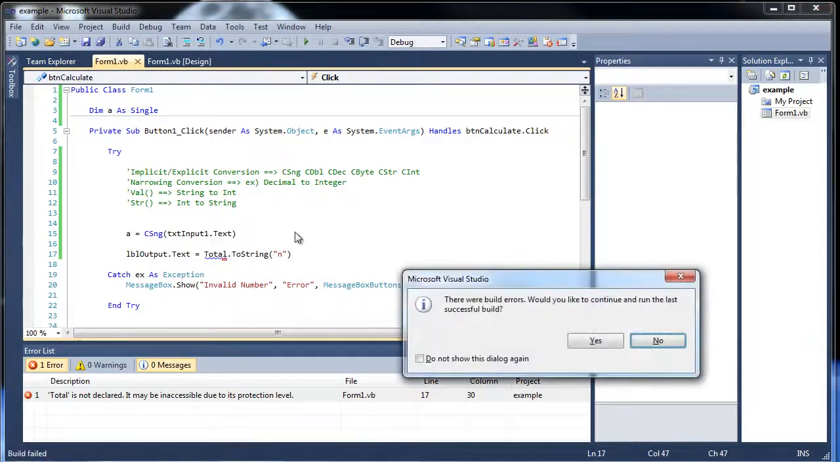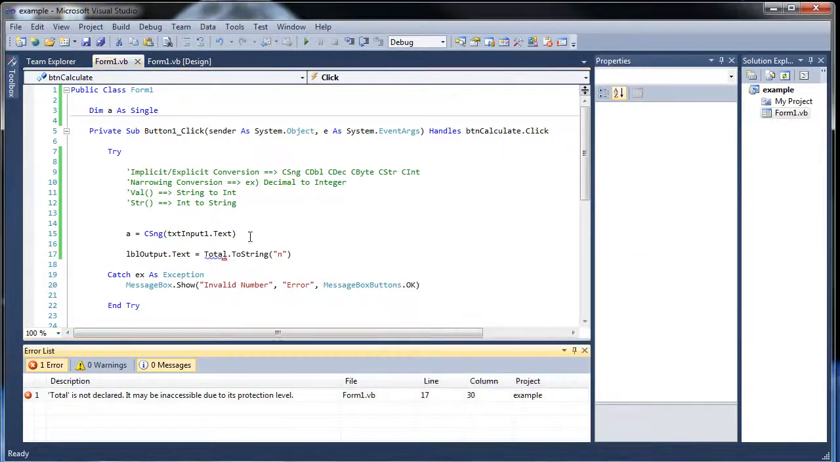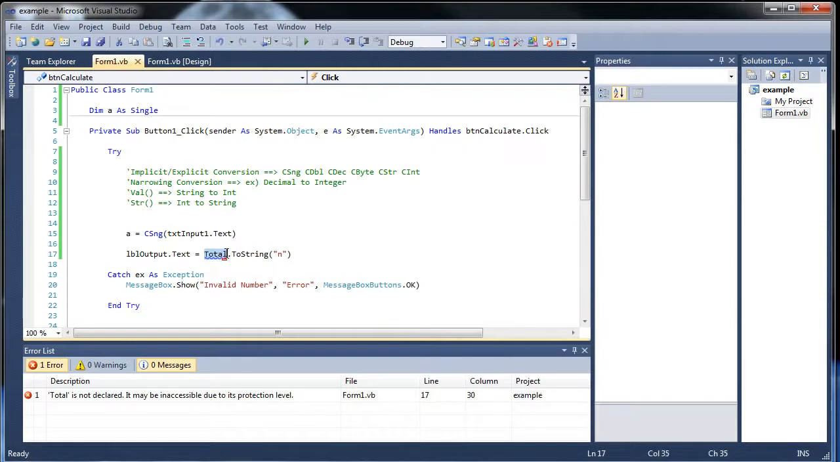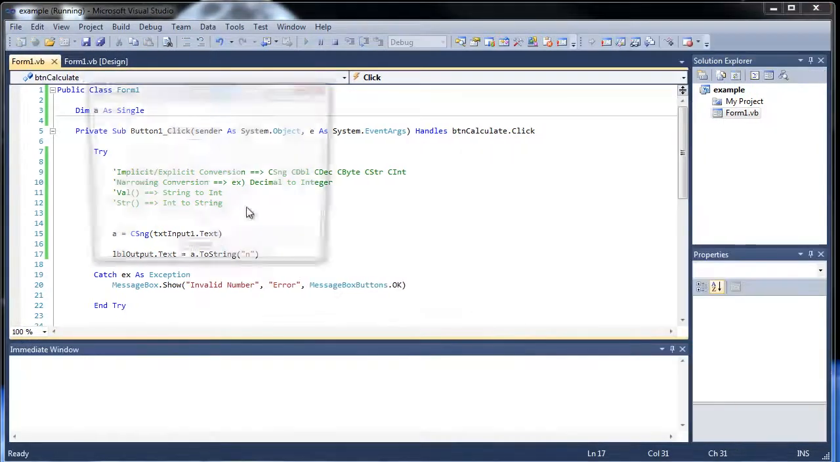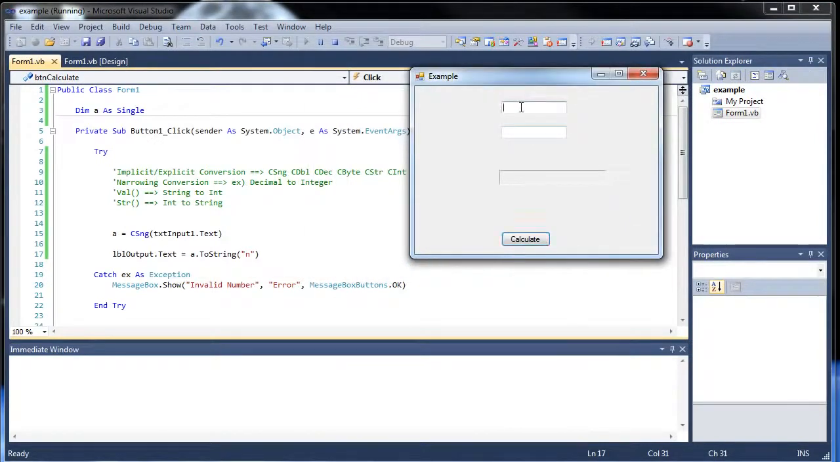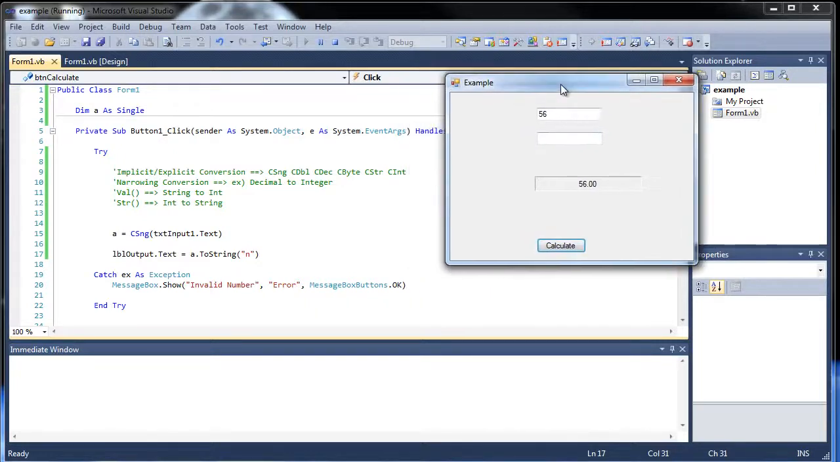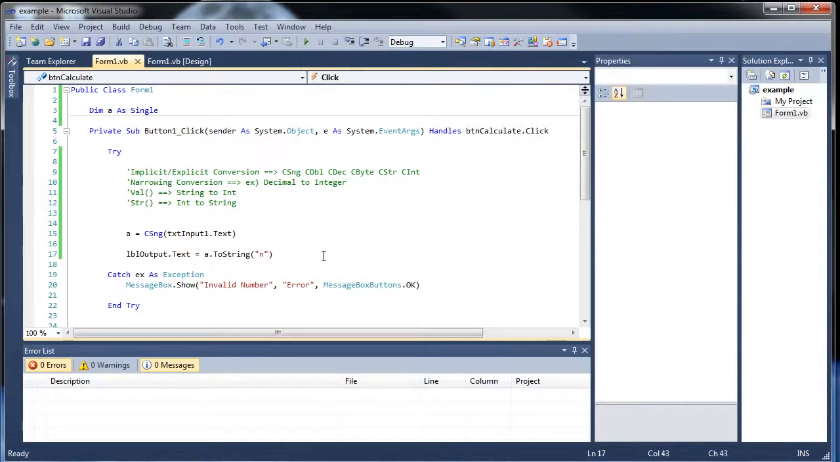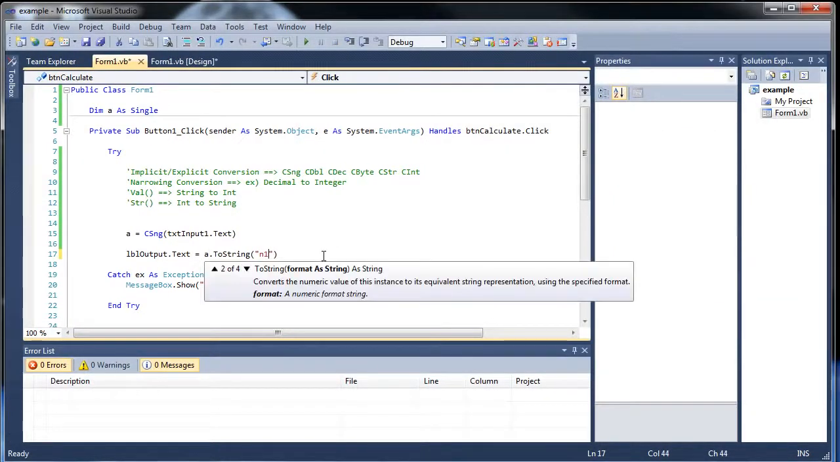So if you do this, whoops, total was not declared, my bad. Make that an A, and I'll type in something like 56, I click calculate, and I get 56.00. The reason for this is because the default number of trailing decimals is 2. So what you can do is always change it by putting a 0 or a 1 or a 4 even. So if I do that,